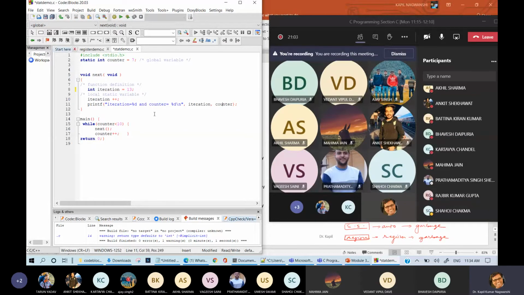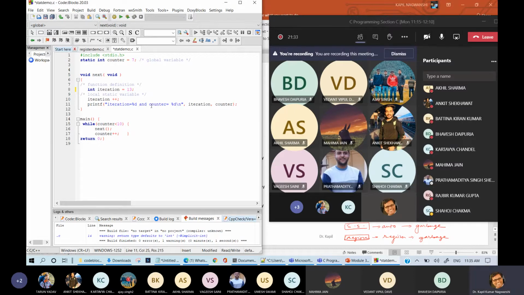Then in the next iteration, it will print 14 and 9. Why? Because this function gets refreshed. Which function gets refreshed? This void next. The value of this integer will be declared afresh. Fine. So how do we check whether the variable is declared afresh or not? Let me write one more thing.